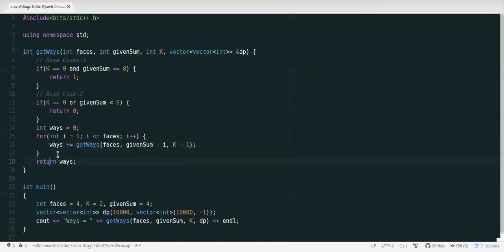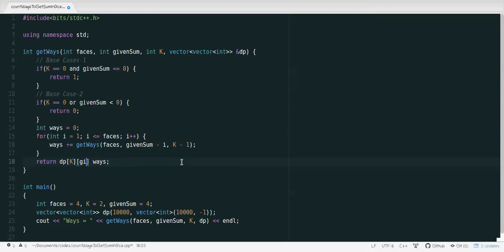So instead of returning ways, I'll return ways, no doubt, but I will first store it somewhere, then return that result. So that whenever I encounter the same subproblem after some time, I should not recompute it. Instead, I can simply use that value as the result in the current subproblem, right?